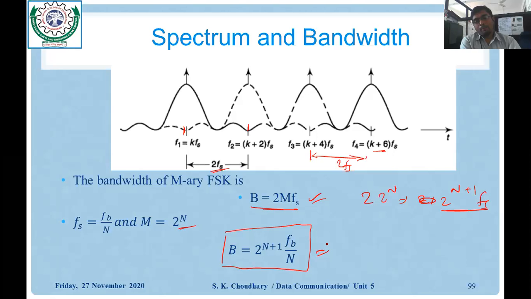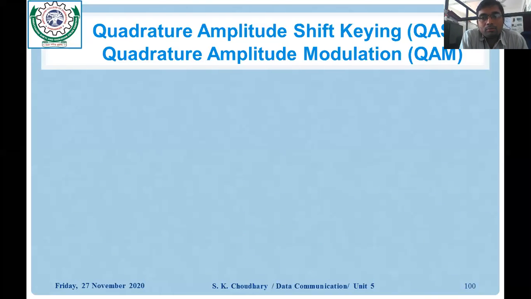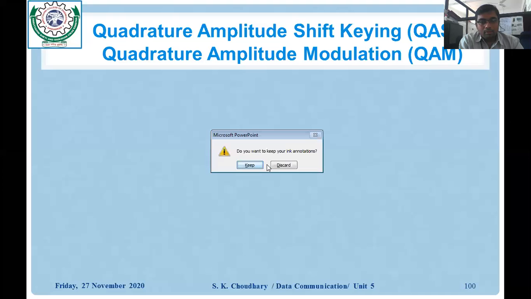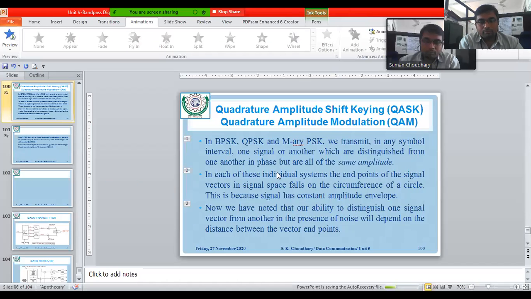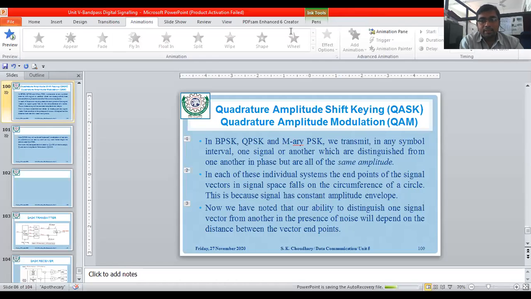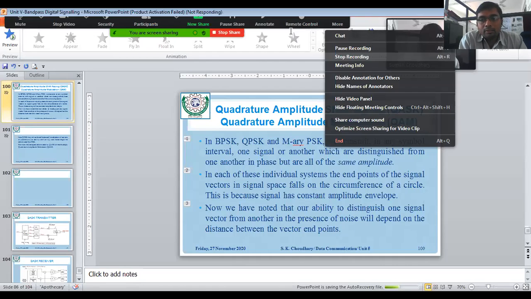So this is all about the M-Array techniques, either for PSK or FSK. Tomorrow we will learn about the QASK technique. That is also a very important technique, also called quadrature amplitude modulation, QAM. And that is the last topic of this unit. After this, we will take a little bit of insight into the practical of QPSK. There are 2 practicals remaining actually. So one of them